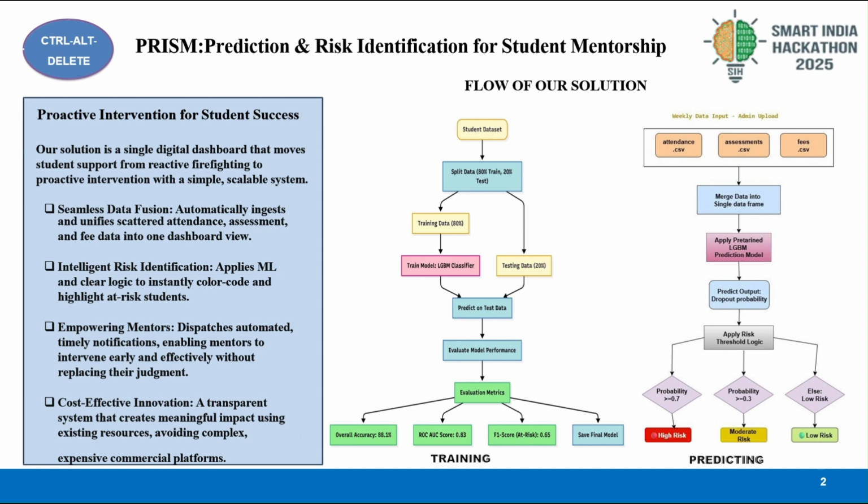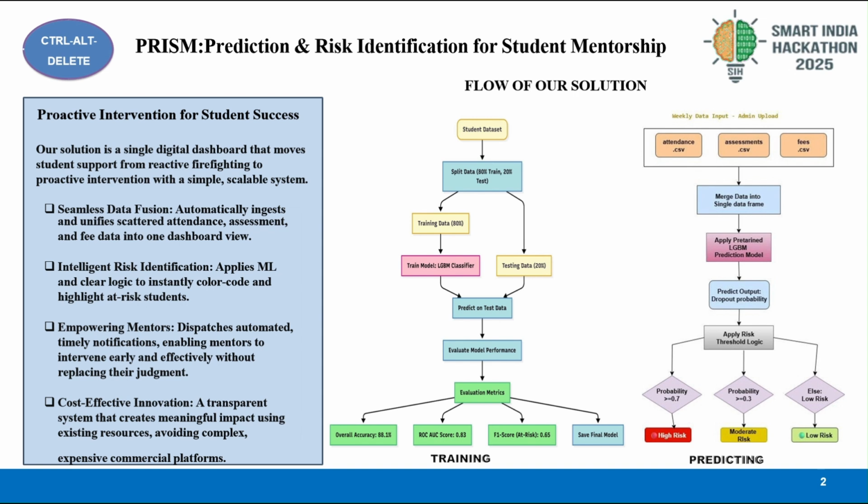This slide shows the core engine of our solution. Our goal is to shift student support from being reactive to being truly proactive. The process is broken down into two parts: the one-time training phase on the left and the ongoing prediction phase on the right. First, in the training phase, we take a student data set and split it into 80% training set and 20% testing set. We use the large portion to train a LightGBM classifier, a fast and highly accurate machine learning model. We then validate it on the test data, achieving a strong overall accuracy of 88.1% and a ROC area under